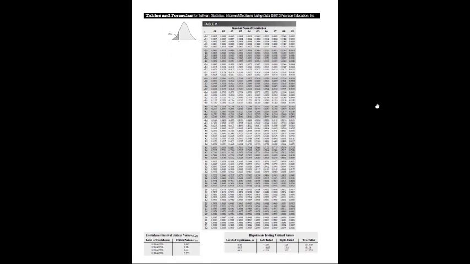Okay, now how we work with this table is if we want to find the probability that z is less than, again as the picture is indicating less than, some z-score, we find that z-score on the outside of the table, and then we go to the inside to see what area that is. The tenths place is listed in this column, the hundredths place up here.